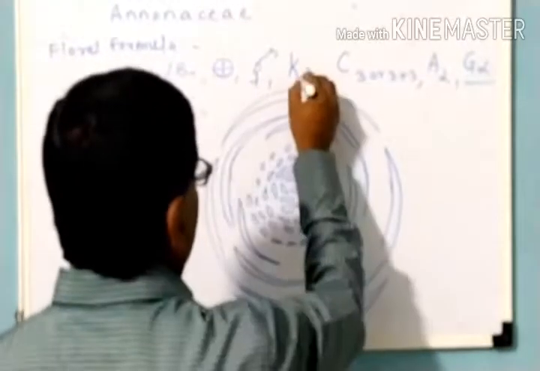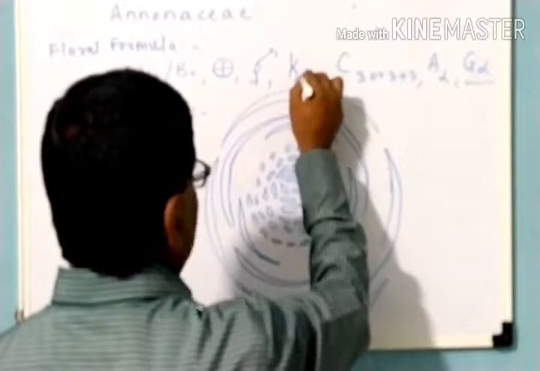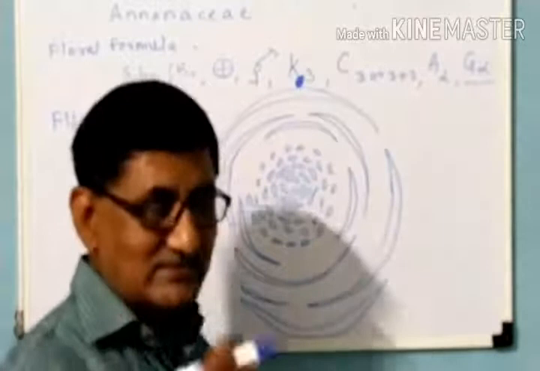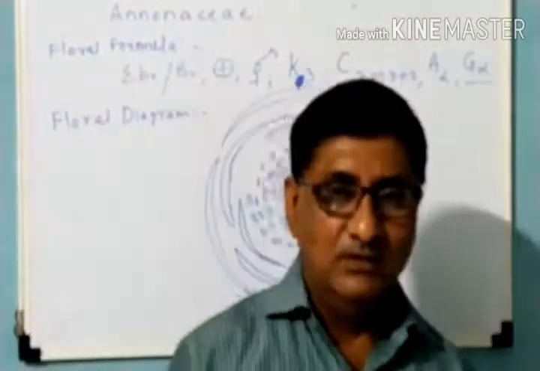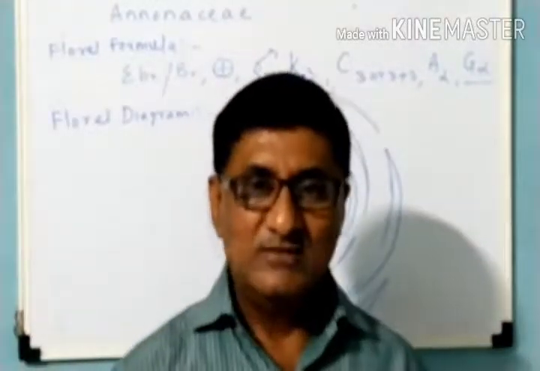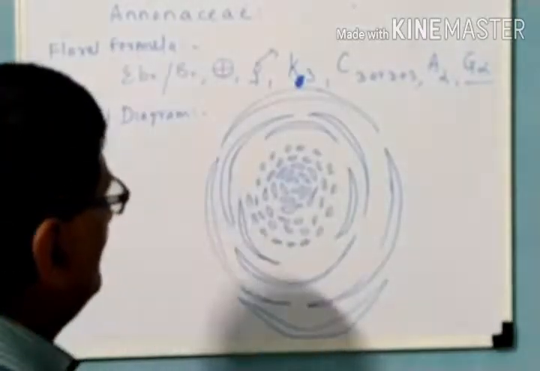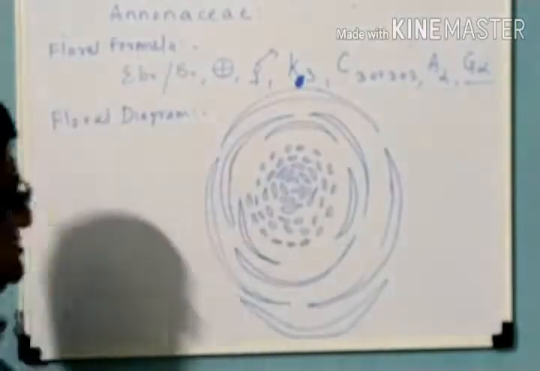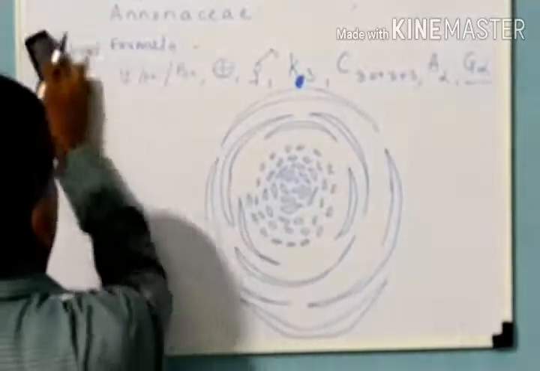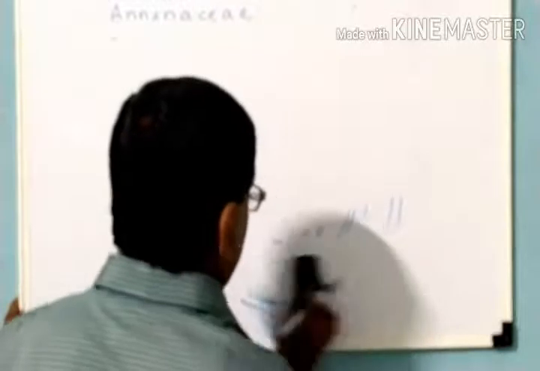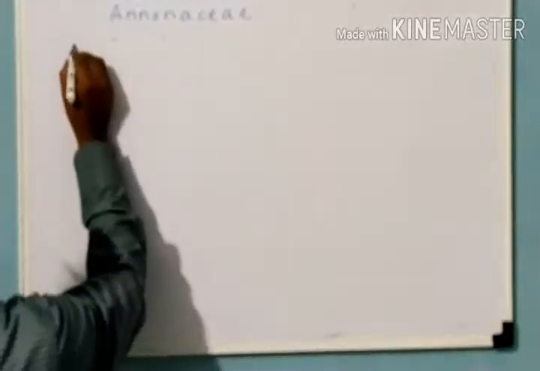Here there is a mother axis, where exactly the flower has emerged. That point is called the mother axis, at which the pedicel of the flower remains attached. So this is the floral diagram of family Anonaceae. Now we are going to see the last point about this particular family, and that is the common plants